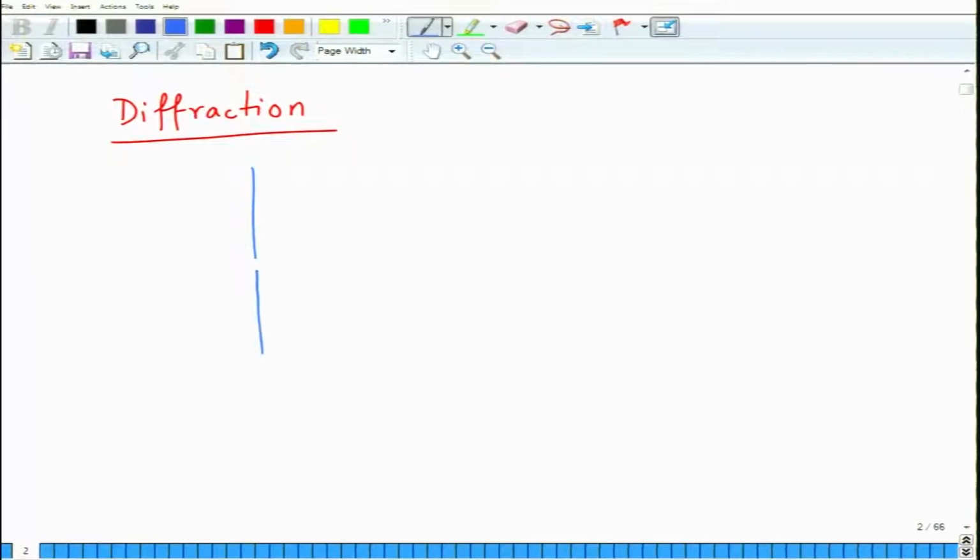So Thomas Young conducted his two slit experiment, where he had these two slits and he had a screen here. So these are two slits which are spaced by spacing d,